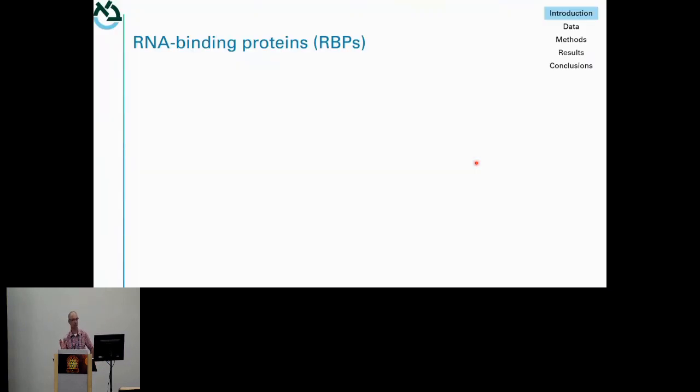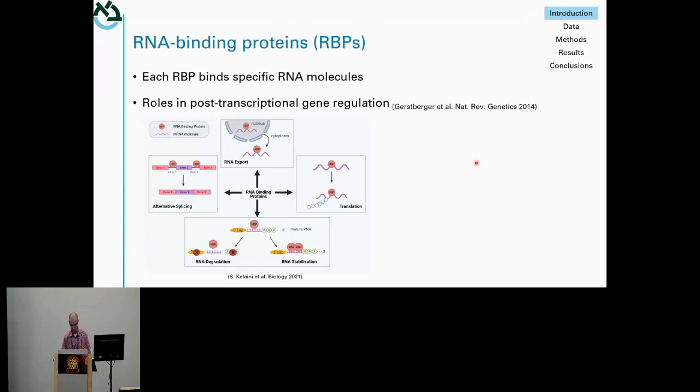So RNA binding proteins, right? They were the subject of several talks in the RNA meeting. We know that RBPs bind RNA, and they bind in a specific manner that depends both on the sequence and the structure of the RNA. And these RBPs play different roles in the cellular environment, including RNA transcription and translation. They affect stabilization and alternative splicing, as we heard in Chris Burge's talk about splicing factors.